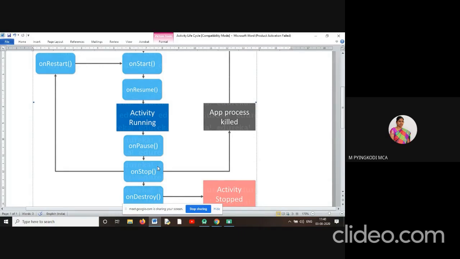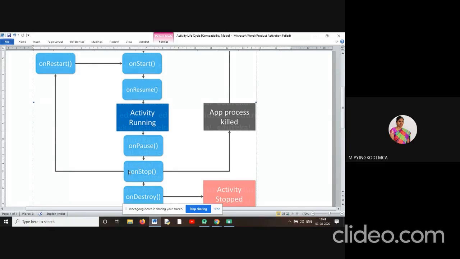How can we say these are all callback methods? If you start with the on start method, after that it will enter into the on resume method, right? While the application is executing the activity, if you click the back button, it will enter into the on pause method, and then into the on stop method.